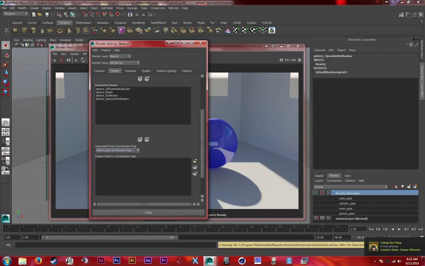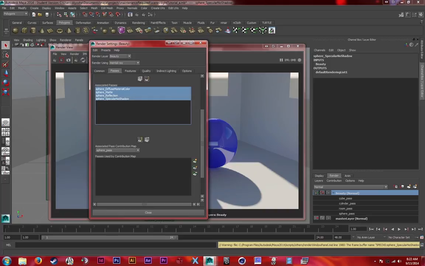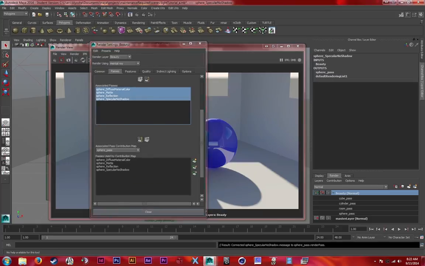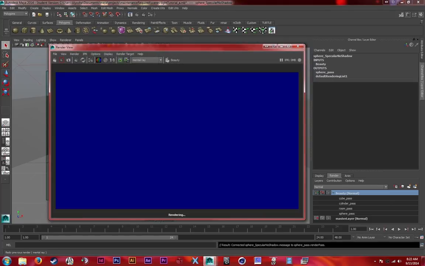So what I need to do is scroll down further, and I have this new box here, associate pass contribution map. So in here it lists all my contribution maps. So I created these render passes specifically for the sphere. So I'm going to go to my sphere pass. I'm going to select all of these render pass presets here, and I'm going to associate them with the sphere layer, or the sphere contribution map rather. Okay, so now when I render this,